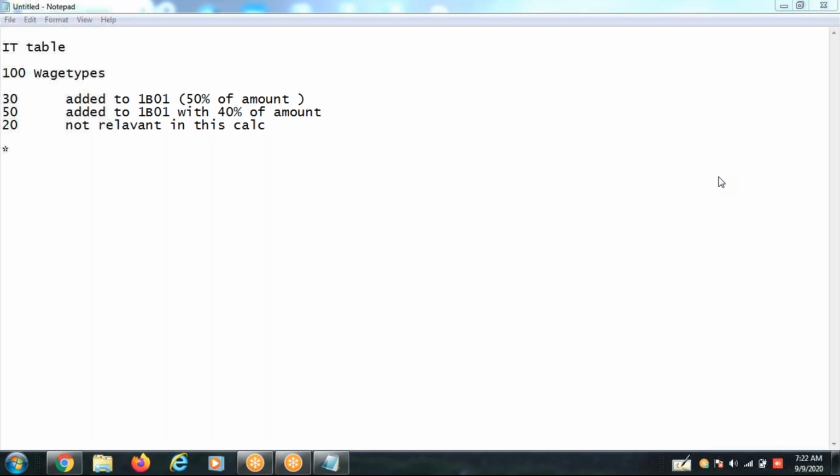Generic and then wage type query. We can query the wage type.